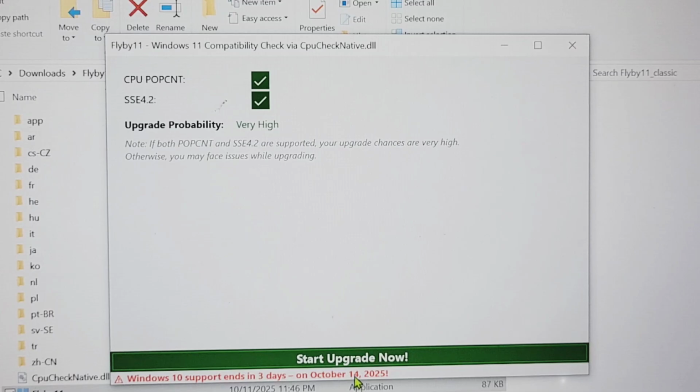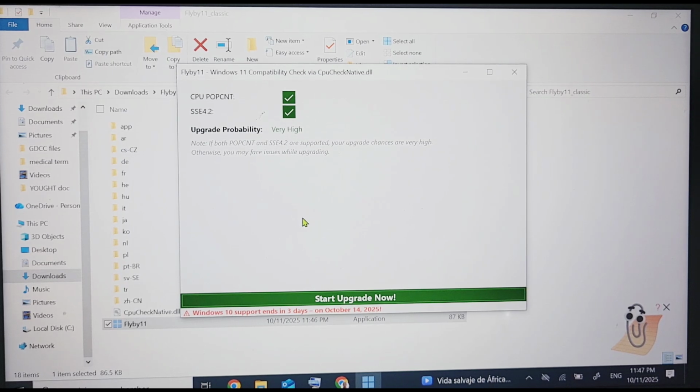Now as you can see, it says in 3 days that Windows 10 support ends. So now you need to continue where it says upgrade. Now you need to choose the option where it asks you to click and start upgrade to 11. Yes, you can press on that, choose that option so you can continue. And once you click on that,